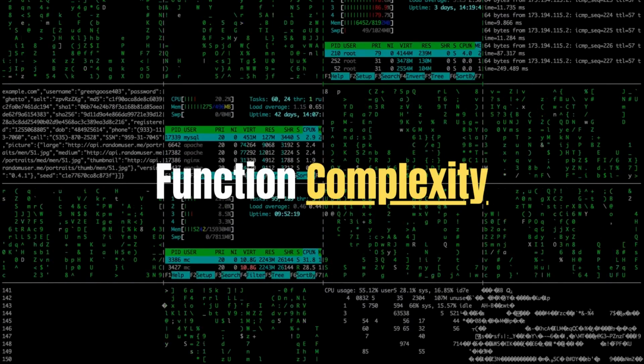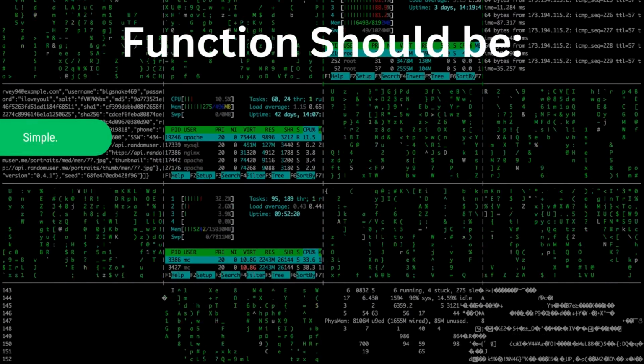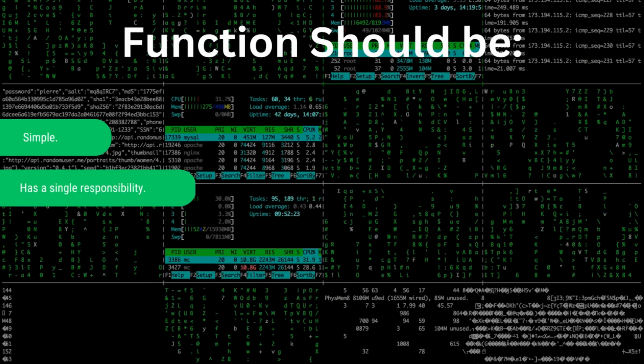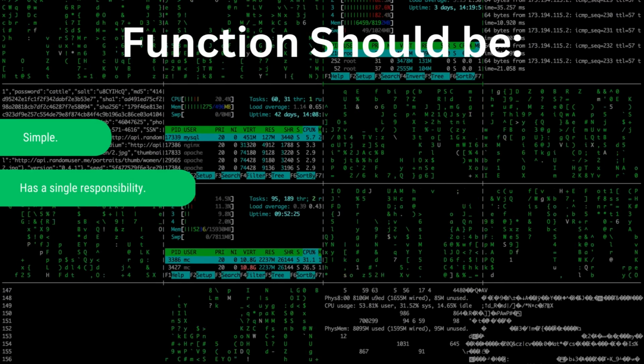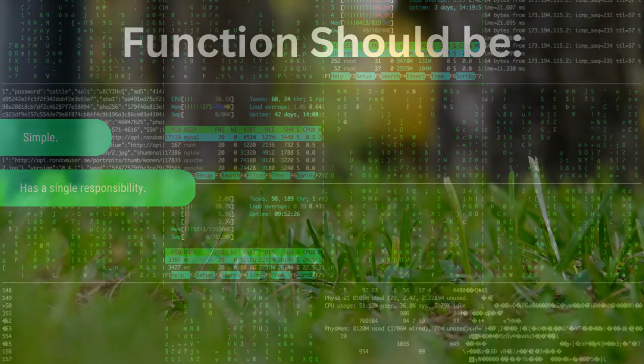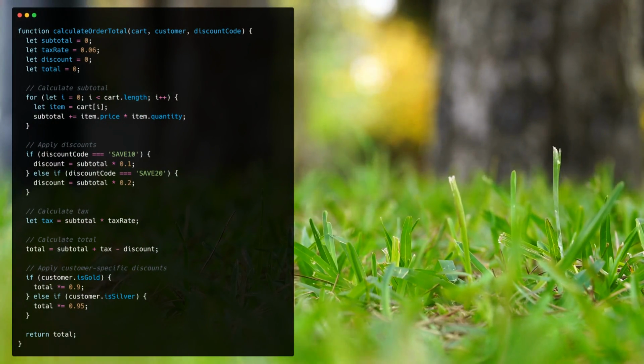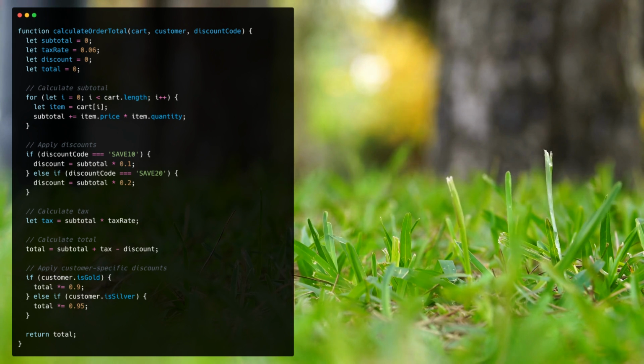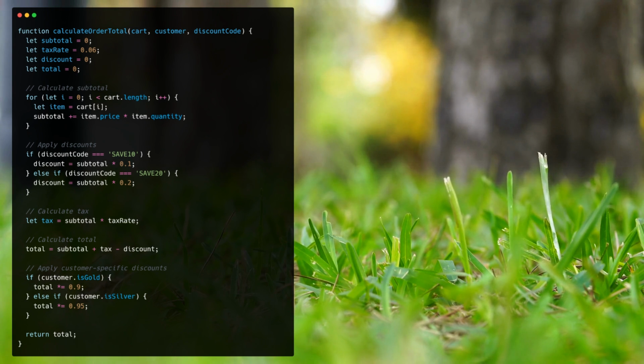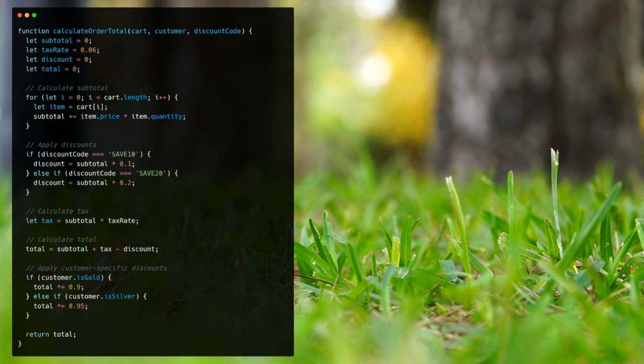Function complexity. Functions should be as simple as possible. A function should only be responsible for one thing and should not have multiple responsibilities. Here's an example. This function calculates the total cost of an order based on a shopping cart, customer information, and an optional discount code. The function is relatively long, with several separate steps that could potentially be split into separate